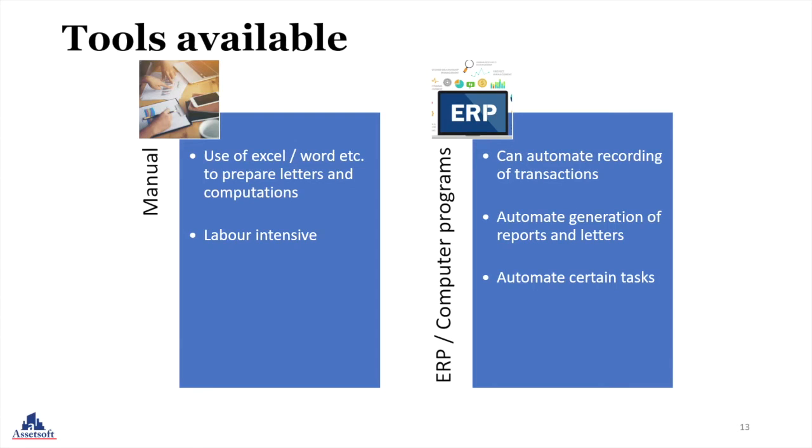A well-implemented ERP can not only help to automate the letters and computation, it can also automate the recording of transactions in the books of accounts at various levels of structures. Typically, an ERP would be able to raise the capital calls, issue capital call letters, compute the distribution amounts, issue distribution letters, automate the transfer of money from the bank accounts up and down the structure, and record the transactions